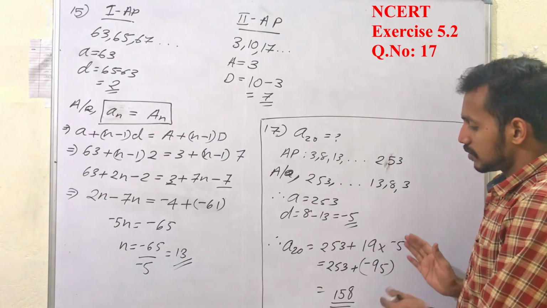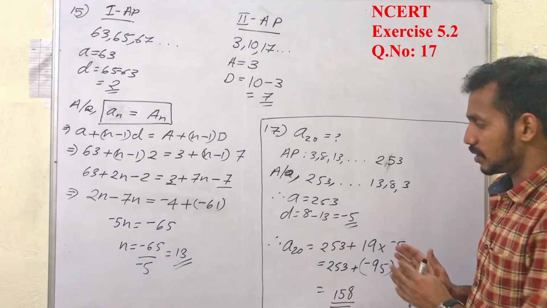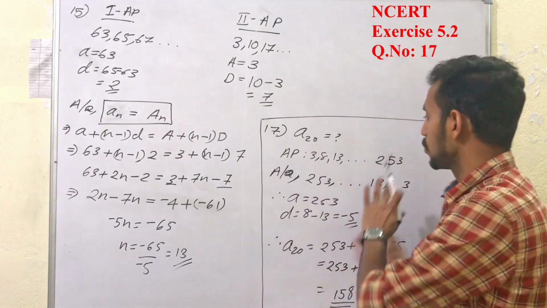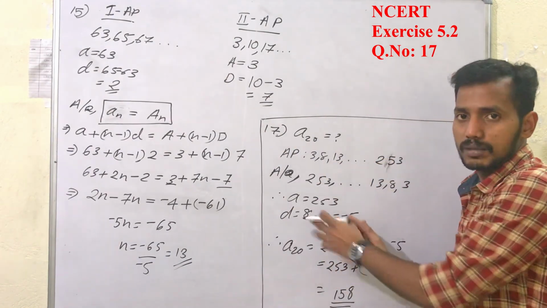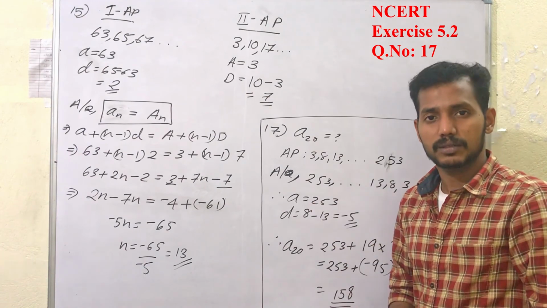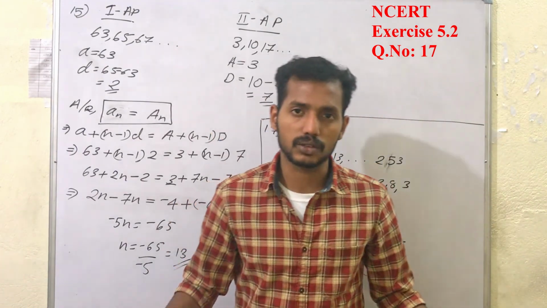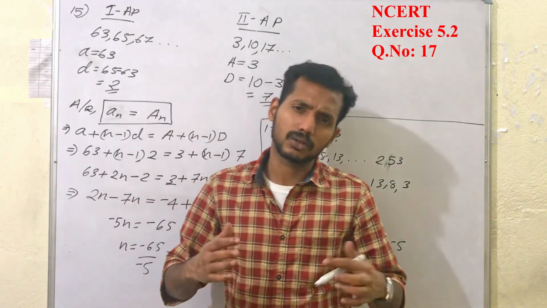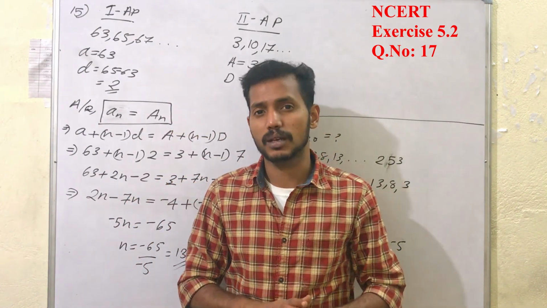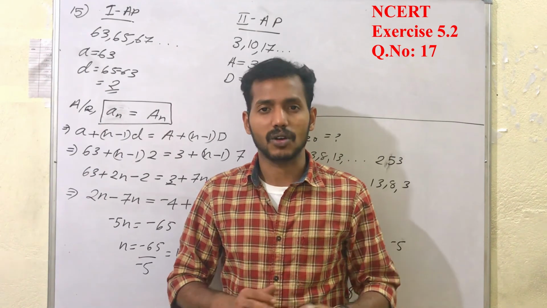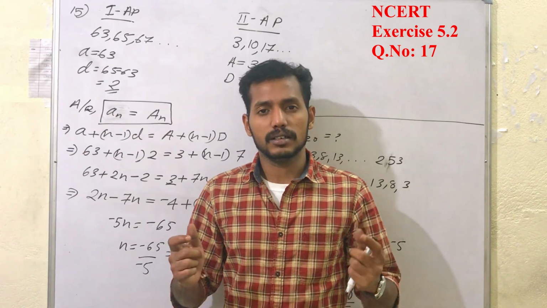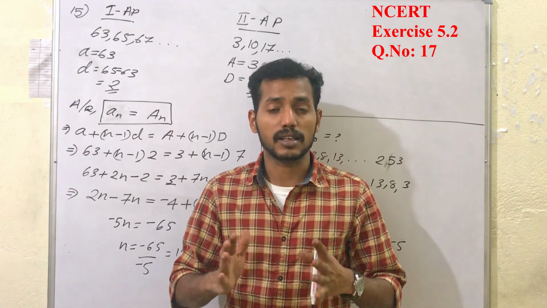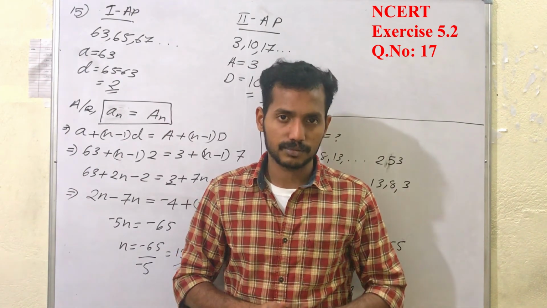Under the 1 mark section, this question can be asked, very important. Find the dash term from the last term of the AP. So just reverse the AP and write the first term and common difference, and the problem is solved. With this, I am going to conclude this session on how to solve the questions based on the nth term, because the questions based on the nth term of the AP are simple to solve. Okay, and in the next video, I will discuss how to solve the questions based on the sum of n terms. Clear? Thank you all.